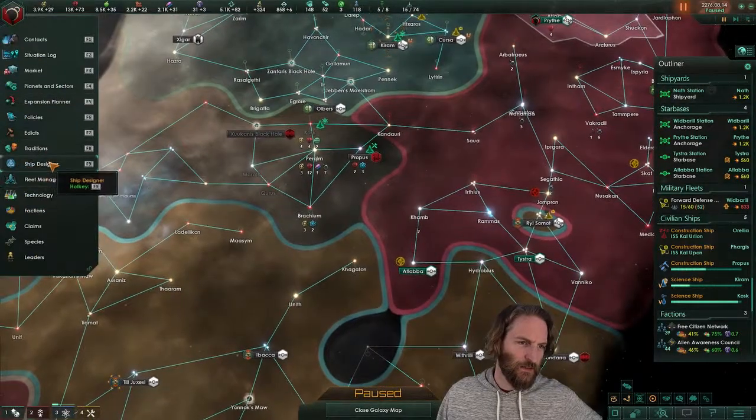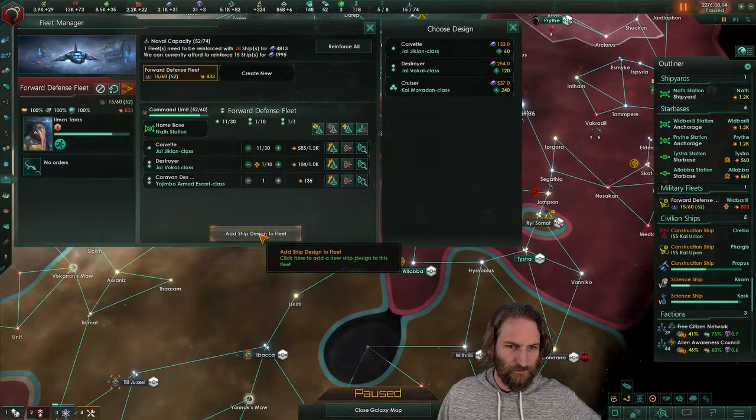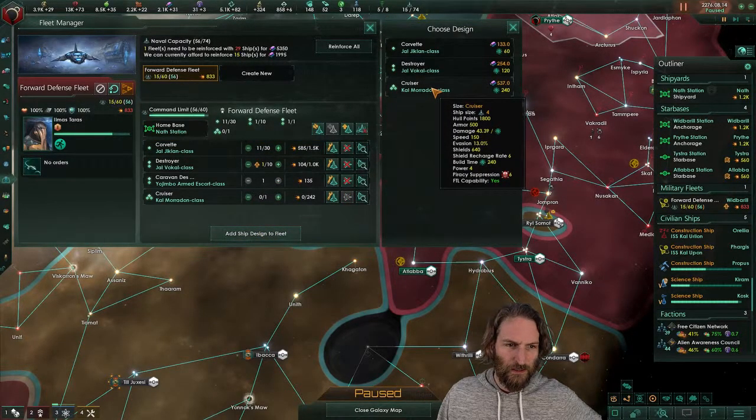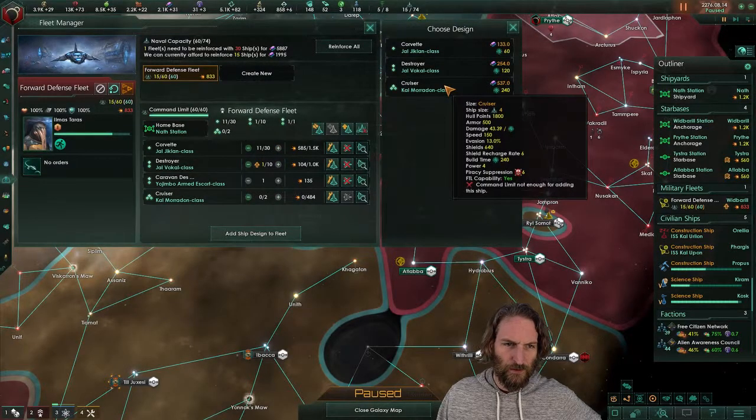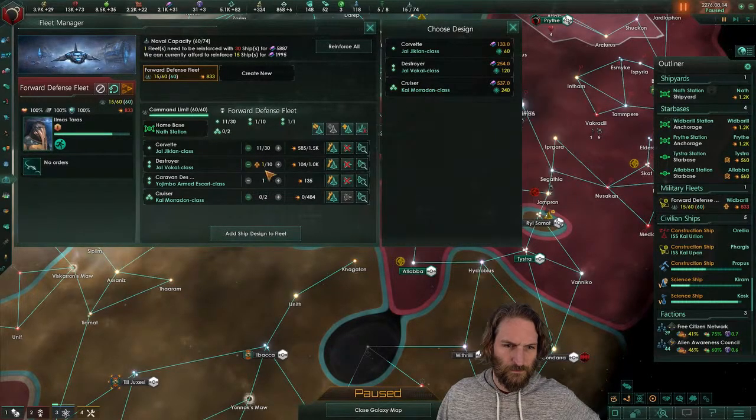And now we need to go into the fleet manager and just have a quick look at what we got here. Because this is our fleet. And obviously this is a bit rubbish. So let's just stick in a couple of cruisers. Command limit is not enough. Okay, a couple of cruisers. In that case, let's...